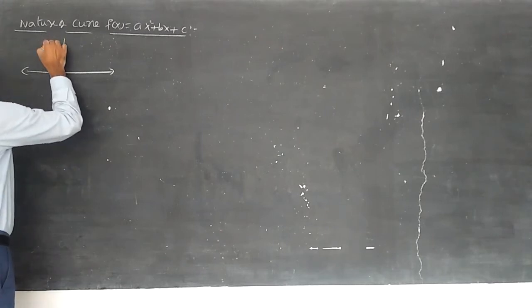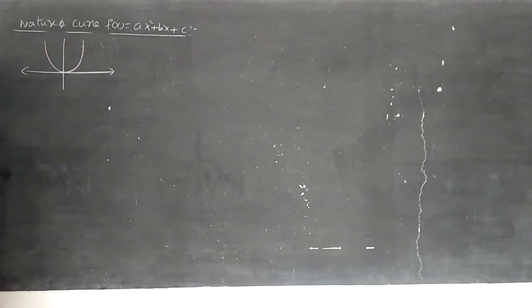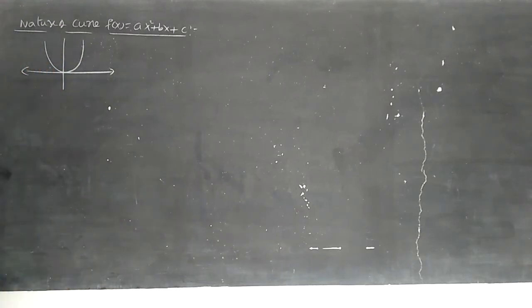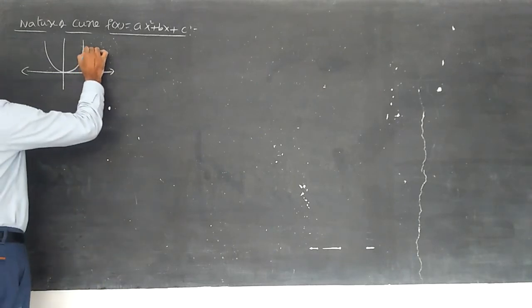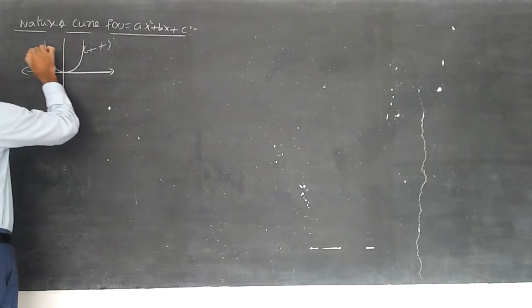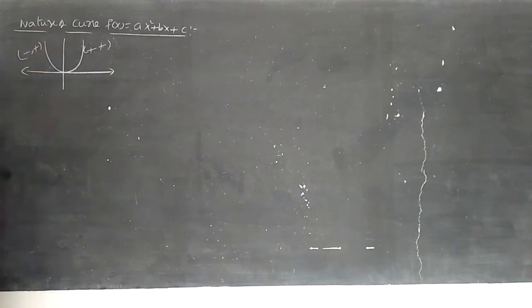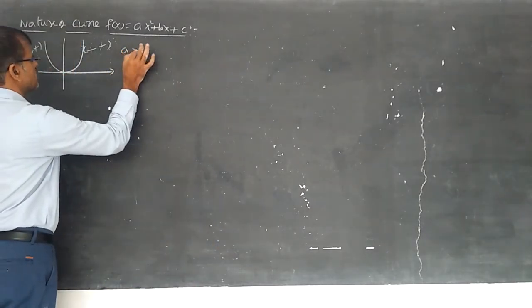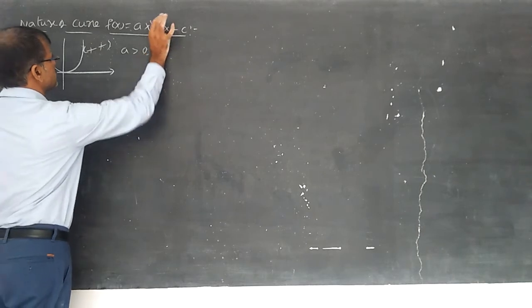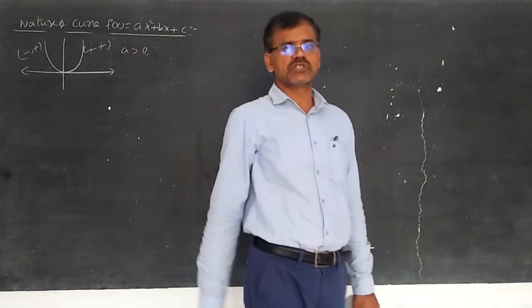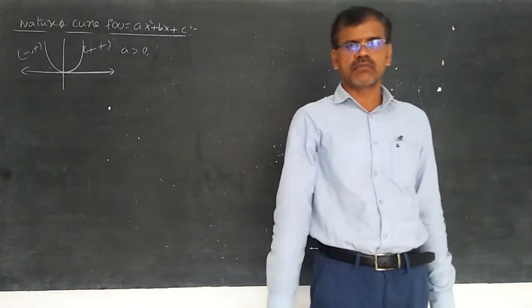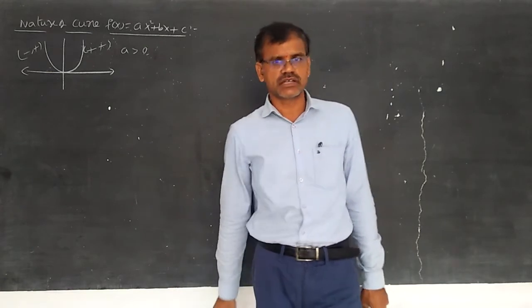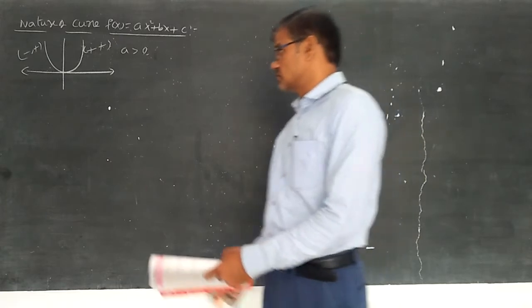As the curve maintains, of course here maybe, I am not sure that the curve is passing through the origin. Here you can understand plus plus, just an example I am saying, plus plus and minus plus, that's all. If a greater than 0, don't put 0 here. I want to discuss with you here. If a greater than 0, the curve we have learnt is an upward parabola. Whether it touches or intersects or neither touches nor intersects depends upon the delta.